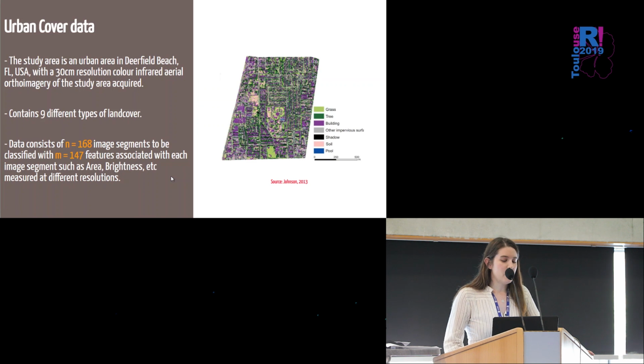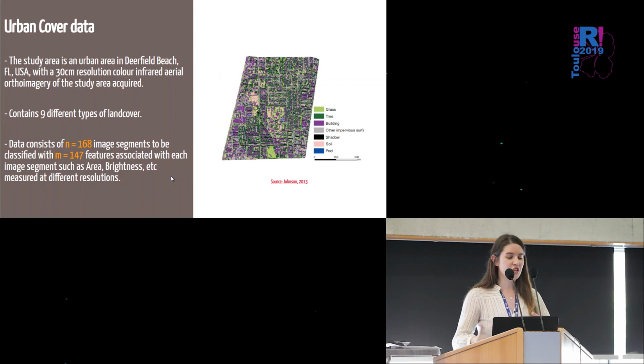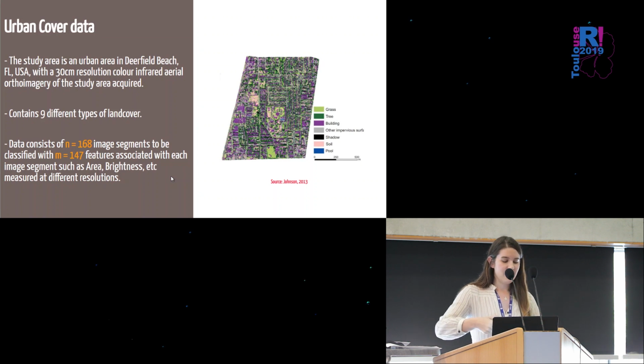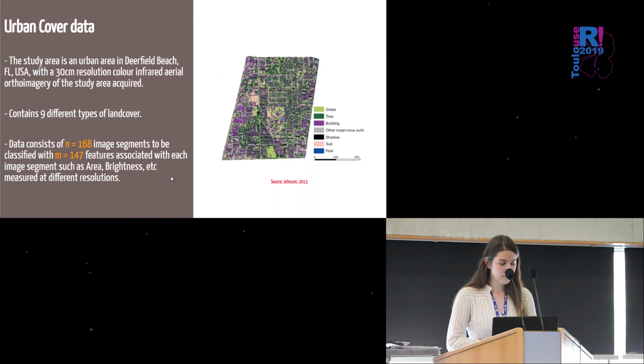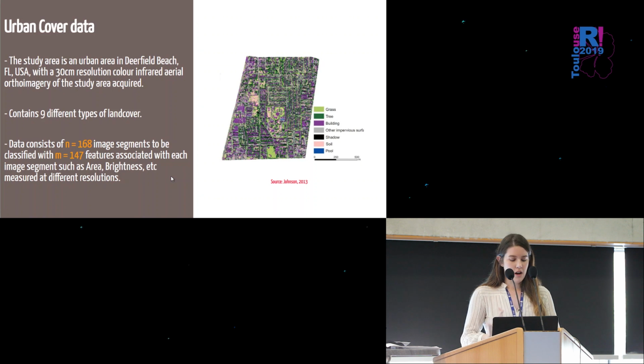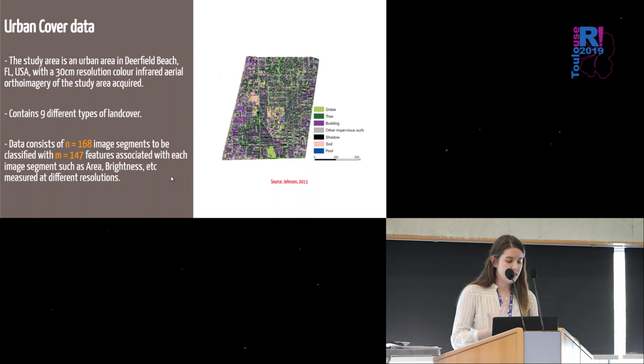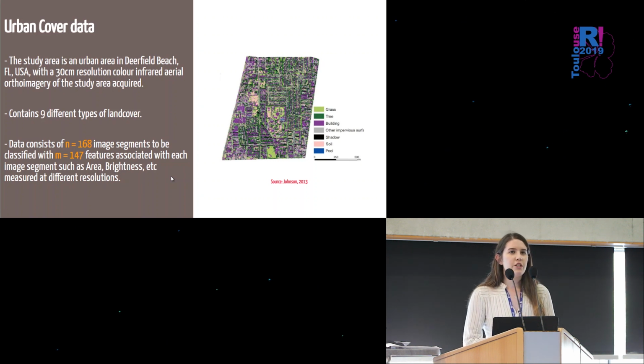So this study is an urban area of Florida, and I'm not too savvy with image data, but it's a type of picture captured from the sky. And they wanted to be able to classify different types of land cover in this data set. So we're trying to classify if something's grass or tree or a car or asphalt or concrete and so on. Our data consists of 168 image segments to be classified with 147 features describing